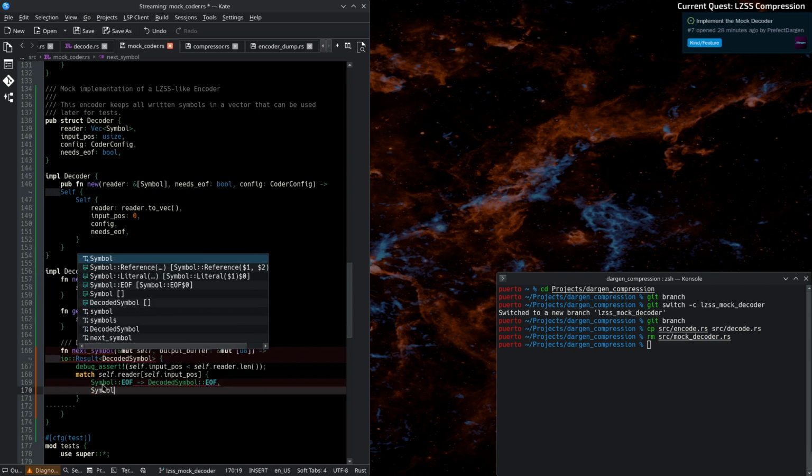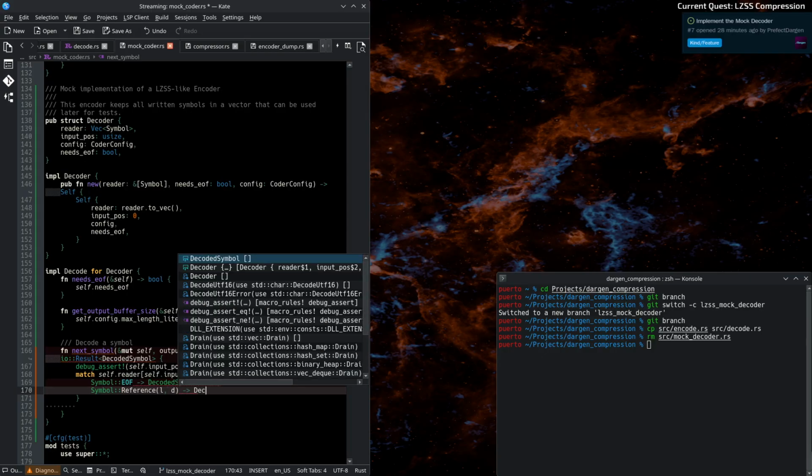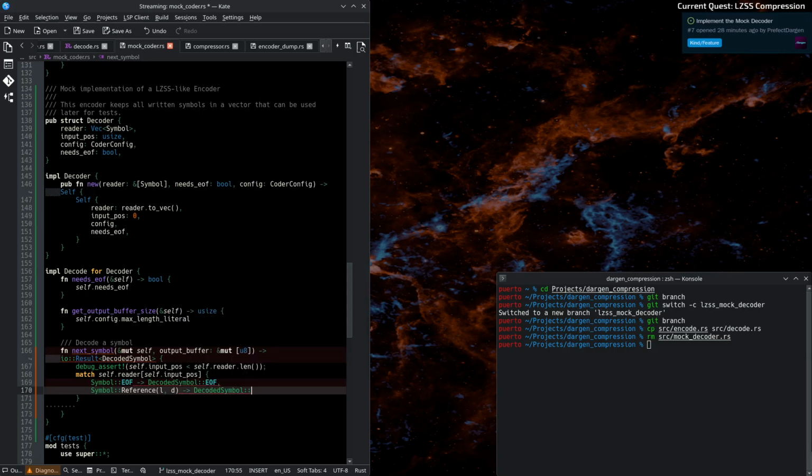For symbol reference length distance, we just need to return the decoded symbol reference length distance. And lastly, for symbol literal length,